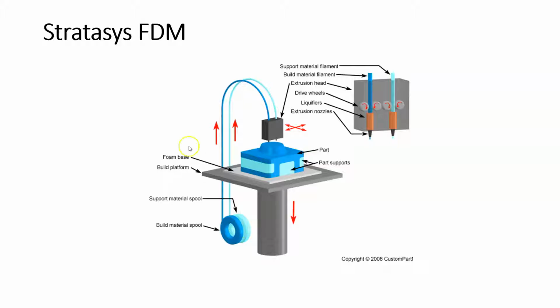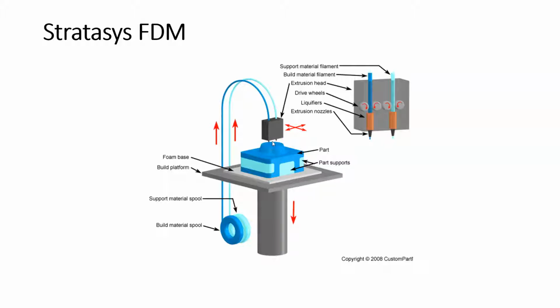In the Stratasys FDM, there are 2 filament spools. One is for the build material, shown here in dark blue, and the other is for the support material, shown here in light blue. The filaments are fed into the extrusion head here, and we have 2 nozzles on this